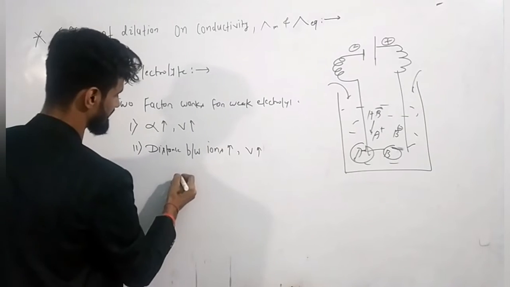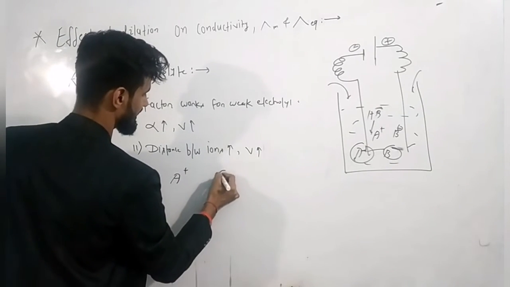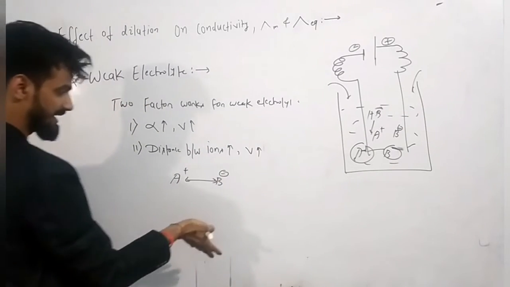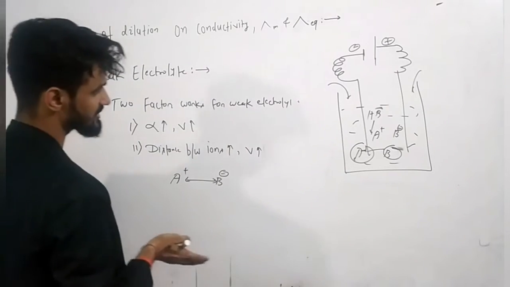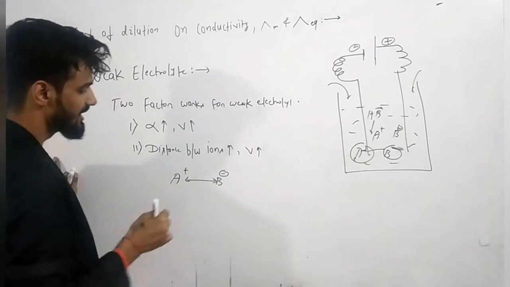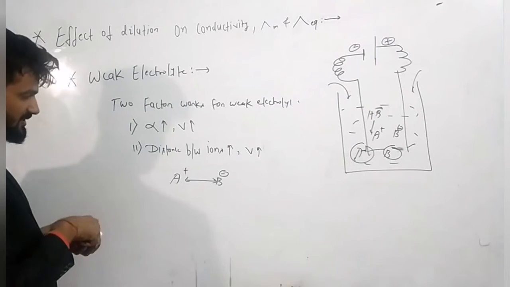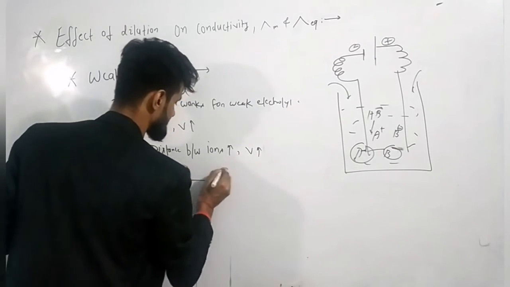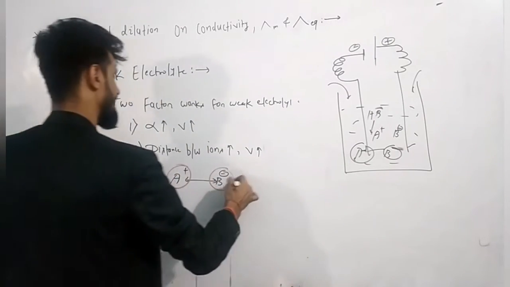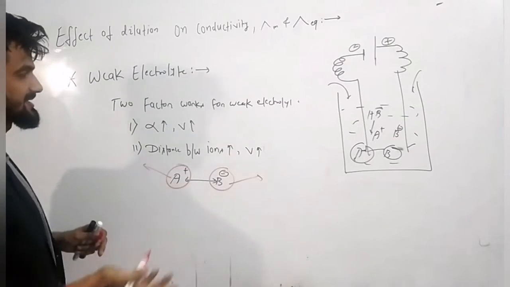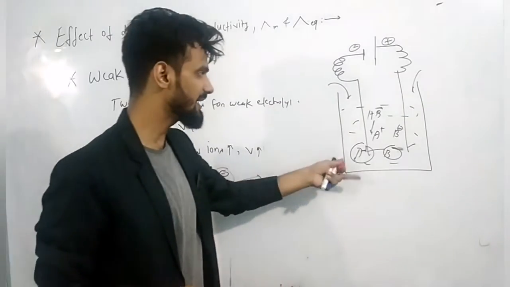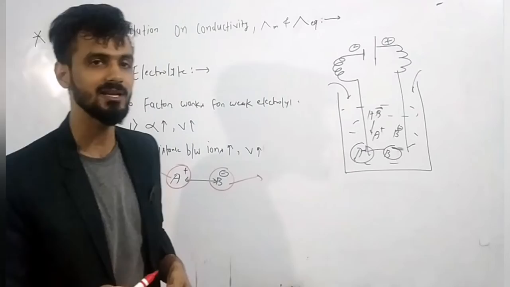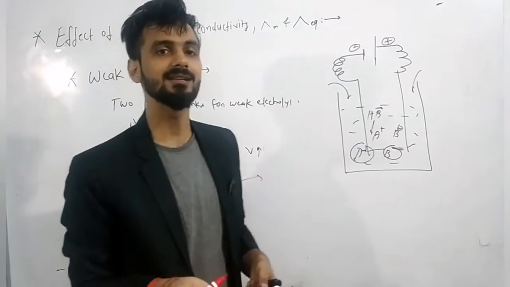The intermolecular forces of attraction between A plus and B minus will get minimized, meaning the magnitude of intermolecular forces of attraction between ions decreases. Due to this decrease, the migration of ions, cations and anions, will get increased, and the movement will get fast. If the movement of the ions is getting fast, then what is the meaning of that? That is the meaning of increase in the conductance, na?